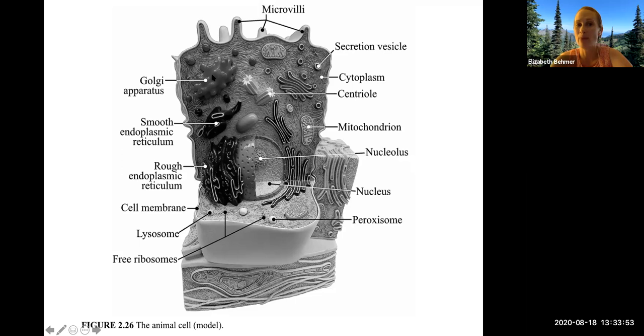The Golgi apparatus takes all of the proteins that have been formed and it packages them, redistributes them, and sends them either out of the cell where they're needed or in the cell. So I call the Golgi apparatus, it's like an Amazon